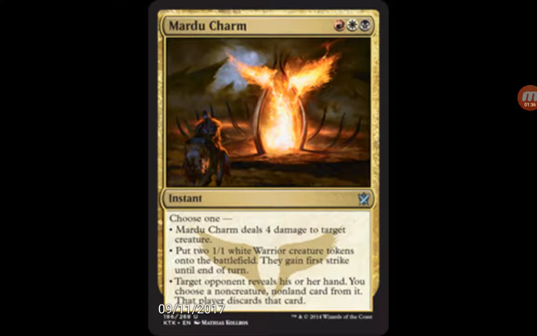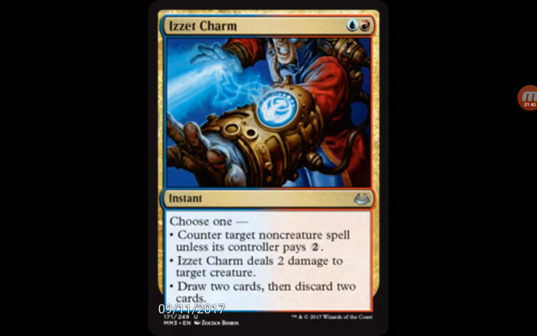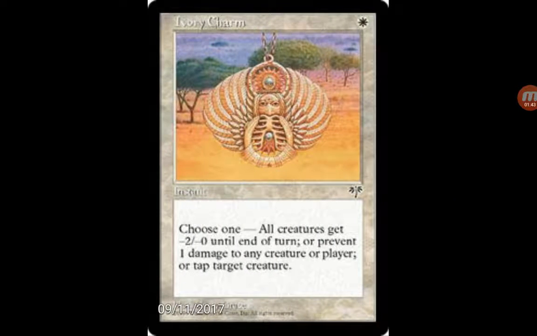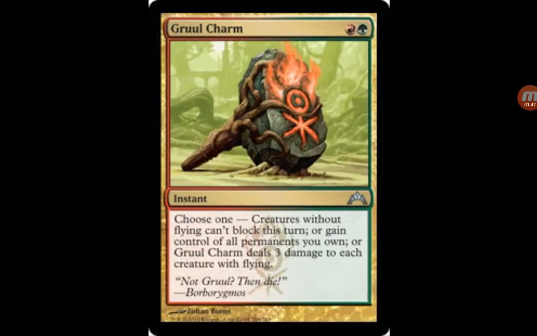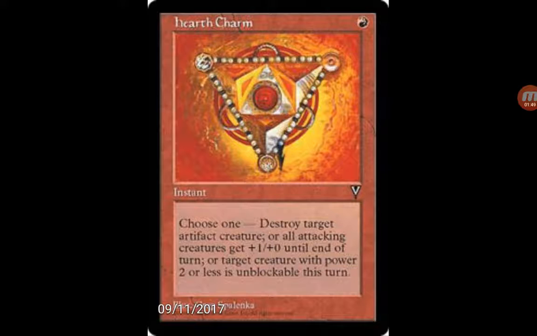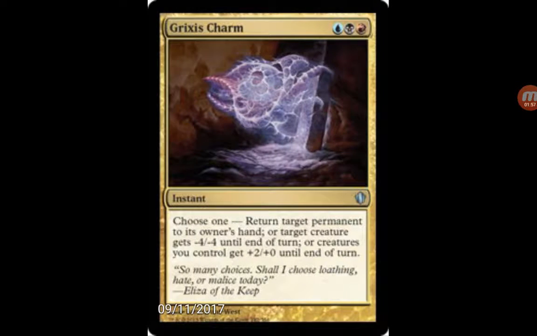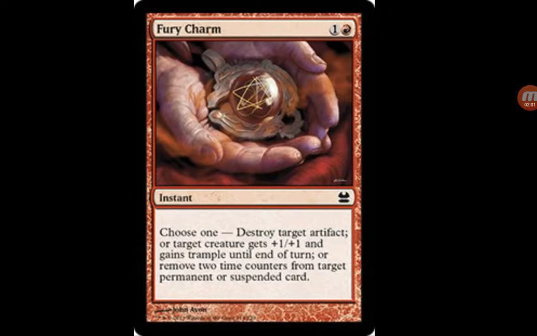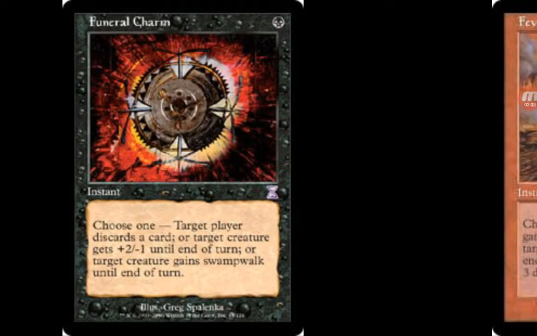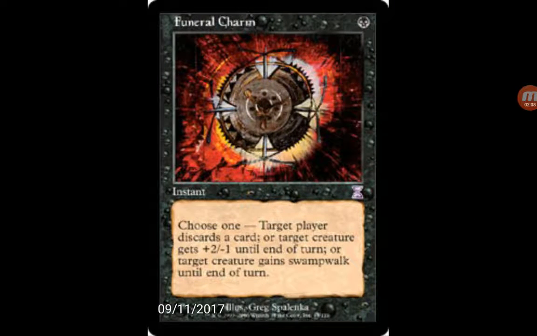Midnight Charm, Mardu Charm, Jund Charm, Jeskai Charm, Izzet Charm. Gee, I'm getting tired of saying Charm. Ivory Charm, Hope Charm, Hearth Charm. Wait, Hearth? Hearth Charm, I guess it would be. Gruul Charm, Grixis Charm, Golgari Charm, Fury Charm, Funeral Charm, similar to Piracy Charm, except it's blue versus